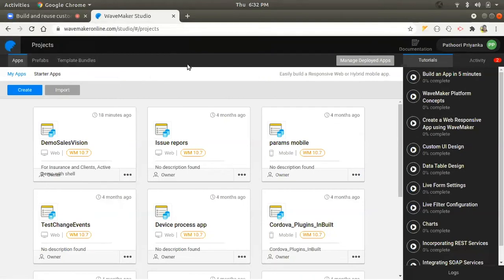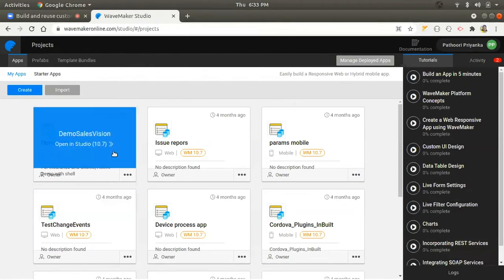So in this webinar, we'll go through the key features offered by the Wavemaker platform. As already said, Wavemaker is a low-code application development platform. You can access the online version of Wavemaker using this URL in any browser of your choice. I have already logged in on the online version of the product. Once logged in, you will be taken to the dashboard. So this is the dashboard where you can create projects. And once you start creating projects, they will be listed here.